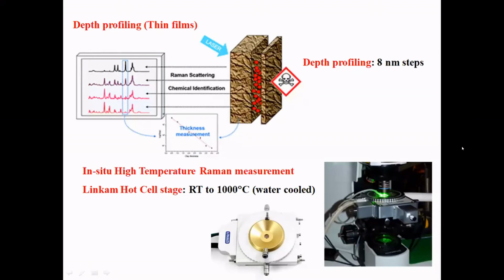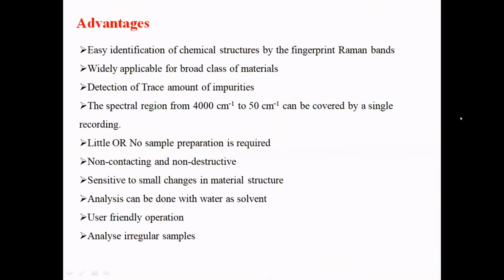You can start from room temperature to 1000 degrees Celsius. That is highly possible. And what are the key advantages here? It is easy identification of structure by the fingerprint bands, and you can cover broad applications, and you can even detect a trace amount. The spectral coverage is wide, so in a single stretch, this is something very important,